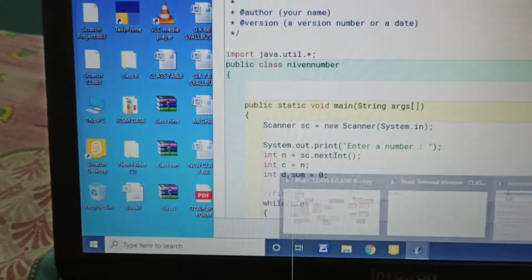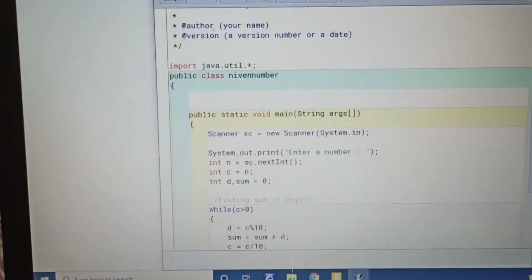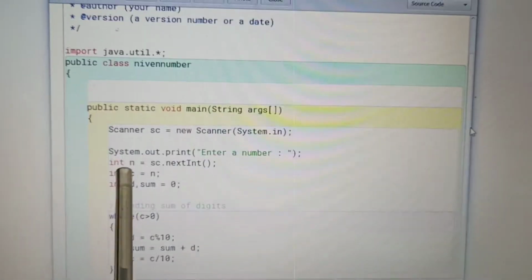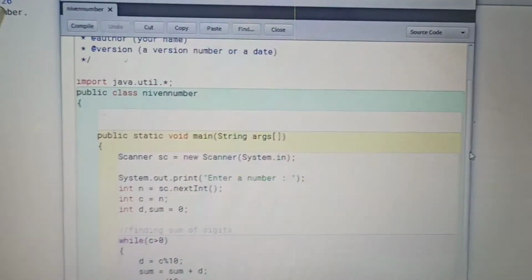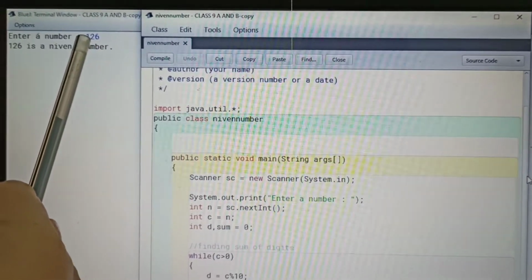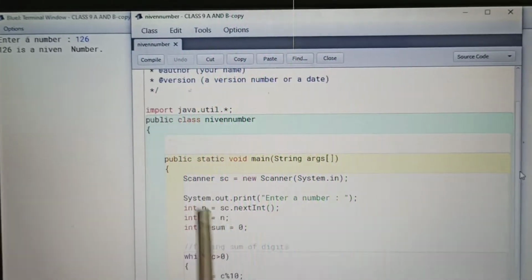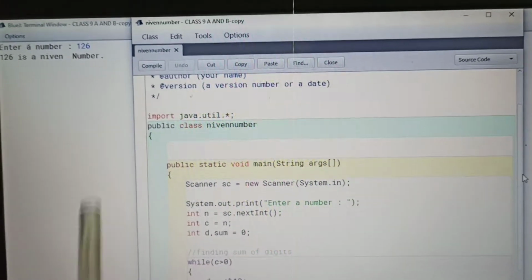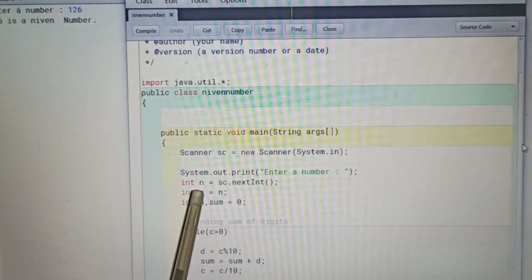So how can we prove it? Where is the calculation and the basic execution loop? First we take the variable n to store the particular value, like 126. This 126 is stored in the num variable, and it is also transferred to the c variable.